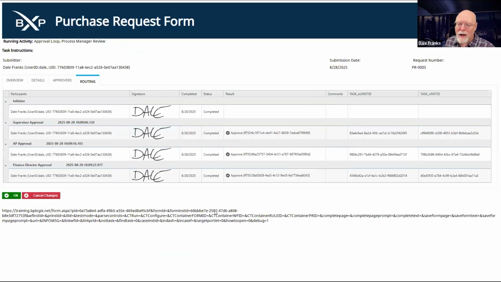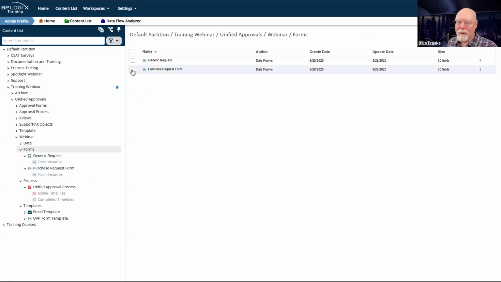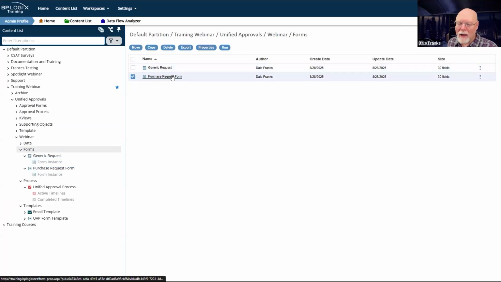Now, in my case, I have my purchase request form and I'm in debug mode. I don't want to be in debug mode. I want to be out of debug mode. The zoom menu keeps hiding what I want to see. I don't actually want to see anything here. I don't even want that tab open. So let's kill that. Let's go here and turn debug mode back off so that we get back to our normal. There we go. And I've got my purchase request form.